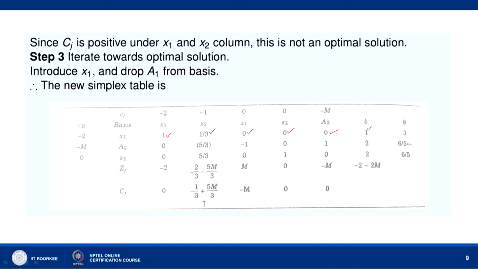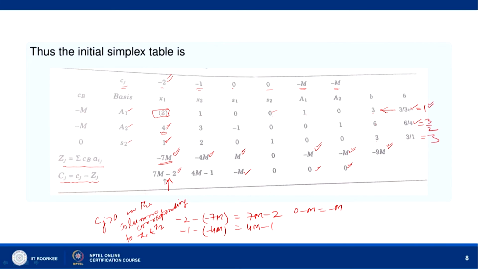So, the key row after dividing by 3 becomes 1, 1 by 3, 0, 0, 0, 1, and then we subtract 4 times this from the second row, we get 0, 5 by 3. How do we get 5 by 3? This is 1 by 3 after dividing by 3, and then we multiply it by 4 and subtract from this. So, we will get 3 minus 4 by 3, that means 9 minus 4 by 3, so 5 by 3. This element will become 0, and this will become 5 by 3.